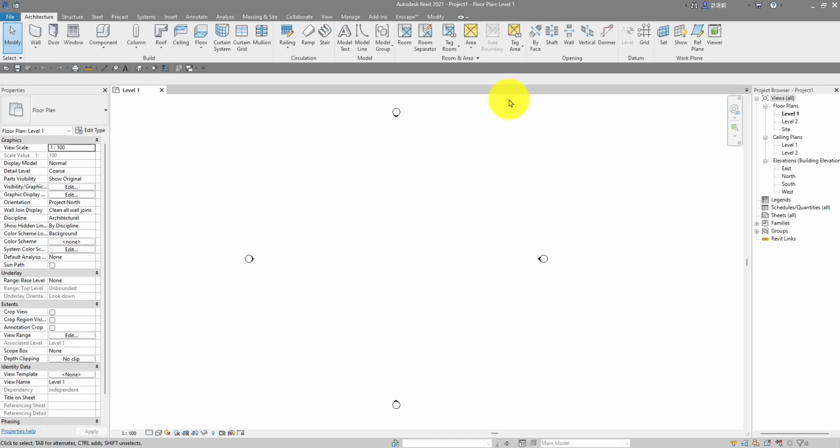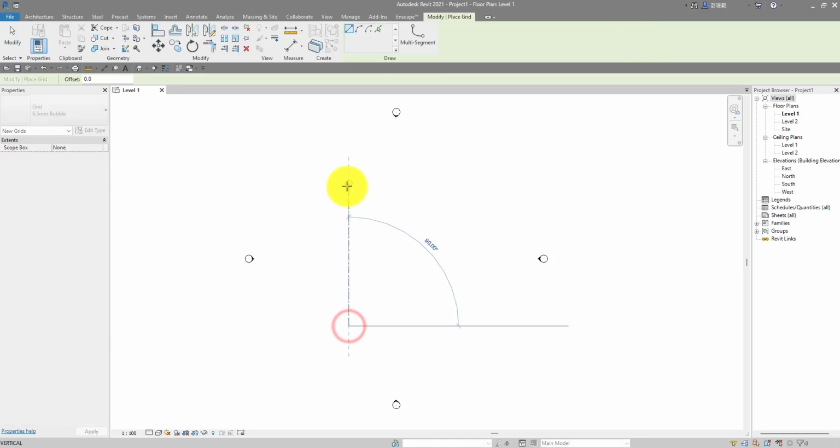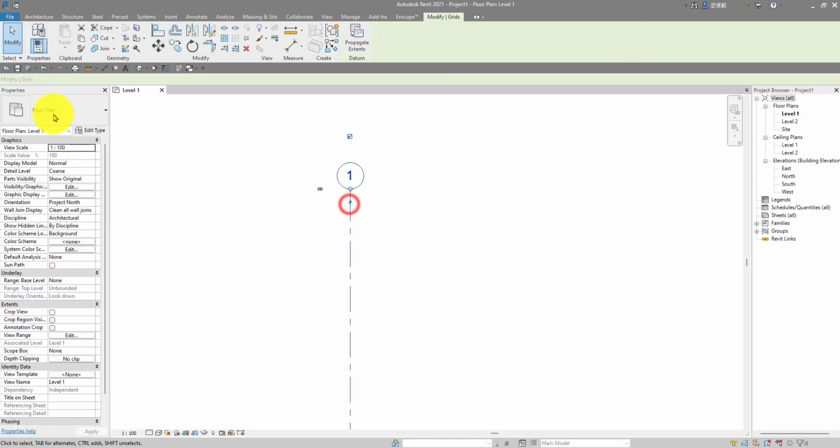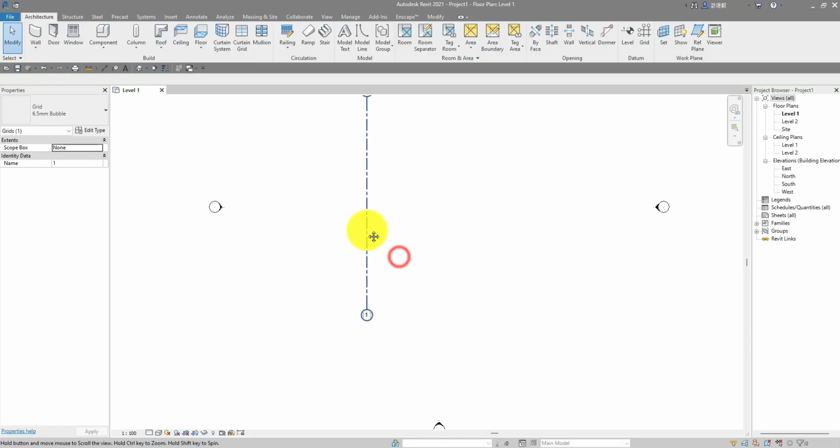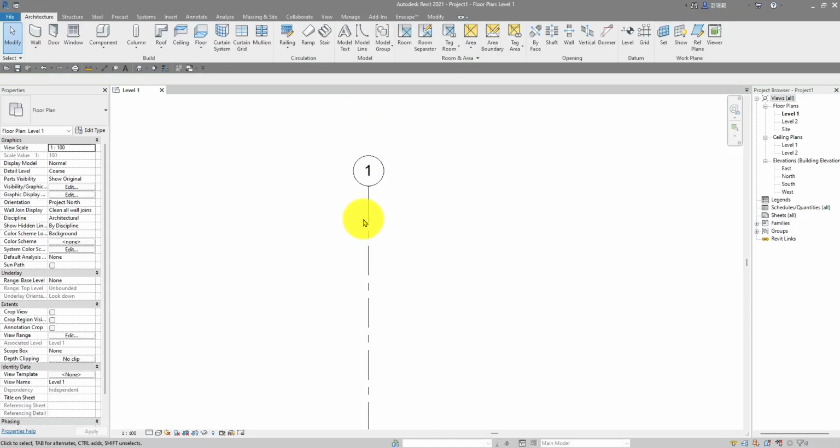So in this video, in this episode, I'm going to be showing you guys how you can create a very cool kind of grid circle. Revit automatically has these grid lines that are not really nice. This grid line, this is what Revit gives you as default. I'm going to show you guys how you can create a very cool grid line